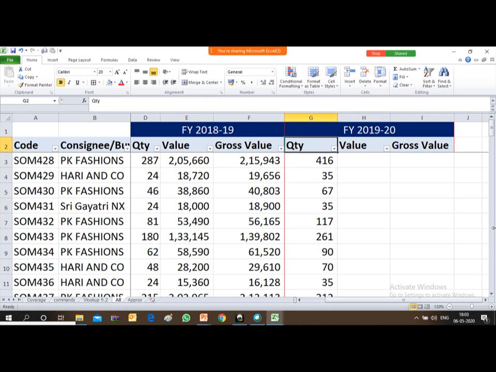So friends, the value for which I was deriving the data was the code of the party. So suddenly it appears, oh, I have wrongly selected the code of the party. I want to select the name of the party. I don't want to use the VLOOKUP formula by code of the party, but I want to use the formula by using the name of the party.